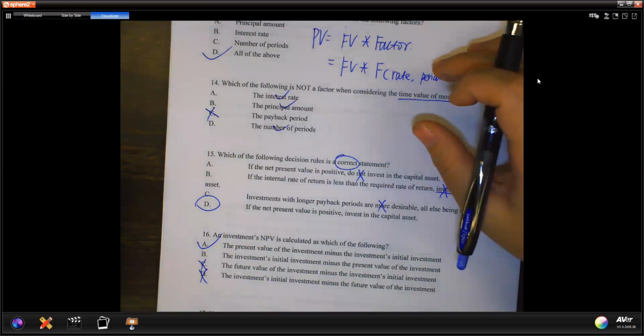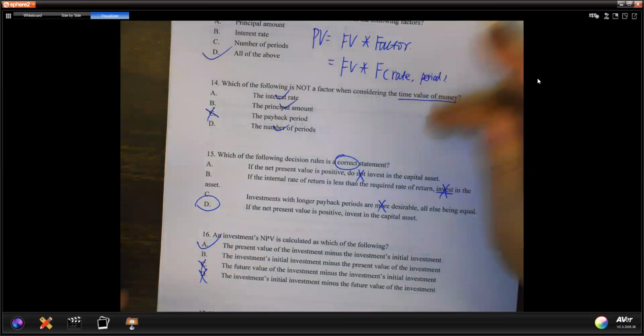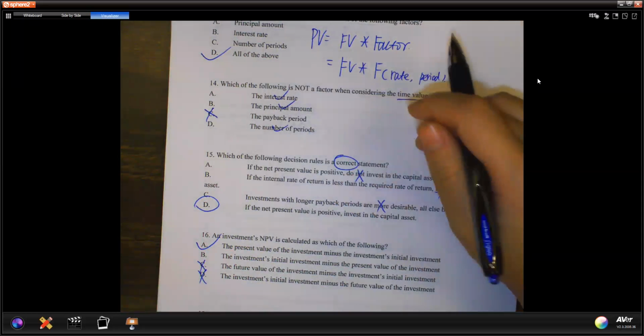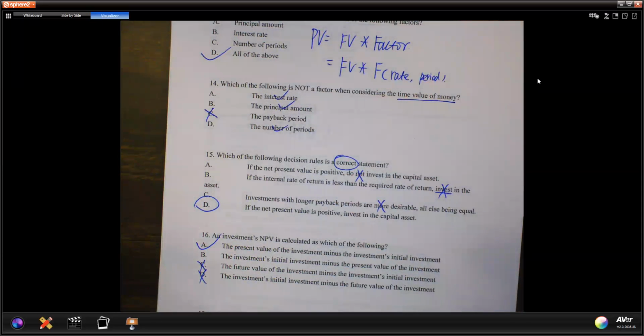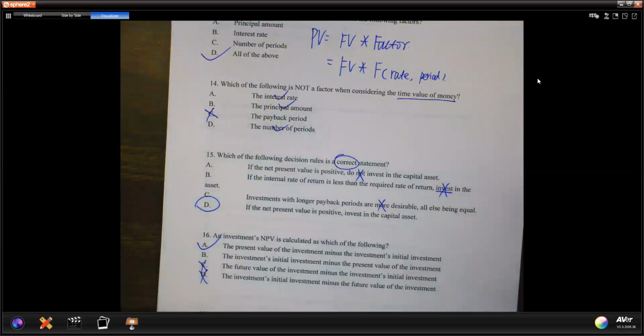I just give you like the lottery. I say, hey, you will get 2 million after 10 years. What's the present value for that 2 million? Kind of something like that. So you just apply that 2 million times the discount factor.